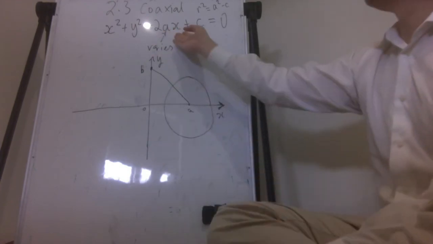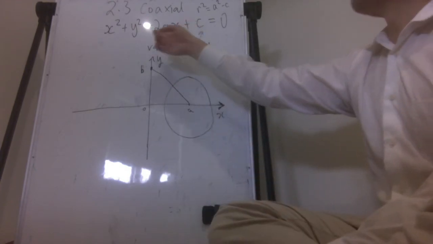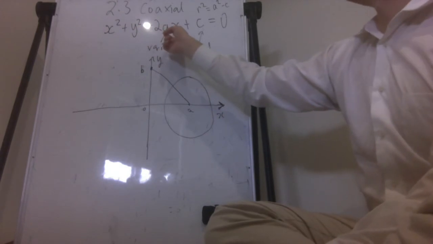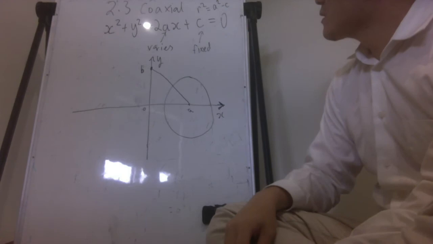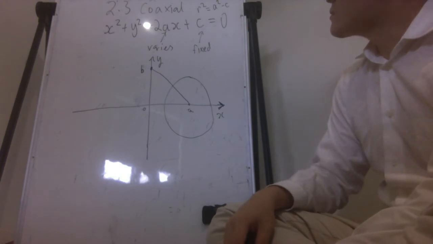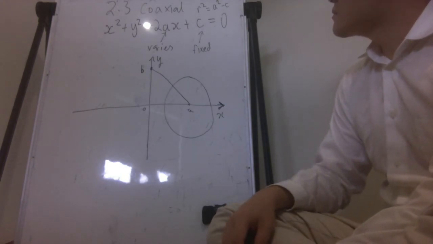Complete the square, yeah? So x squared minus a squared minus c, yeah? So d squared minus